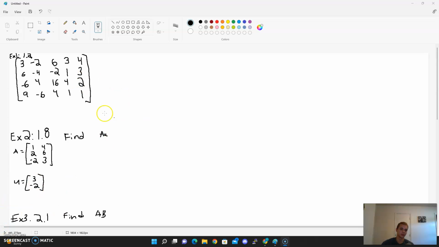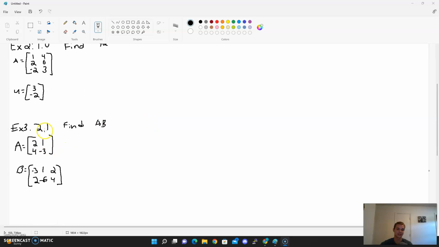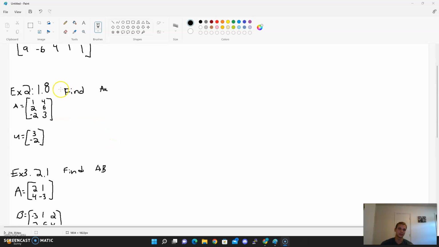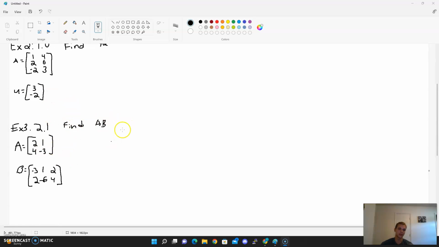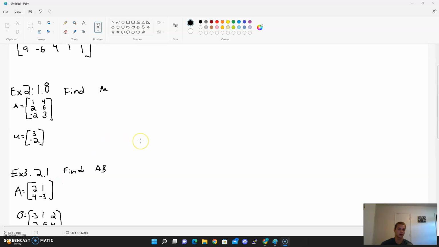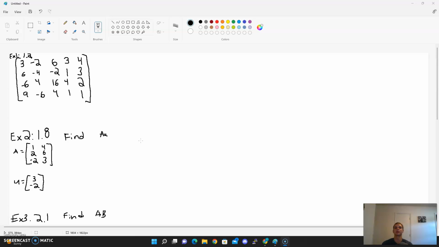The next section was 1.8, which is the matrix transformations, which is multiplying matrices. Multiplying matrices is probably my weakest point in this class. So the third section I had difficulty with was 2.1, which is matrix operations, which is very similar to 1.8, just a bit more complicated, with a few more columns in here to multiply by. And then the last section was 2.8, which is the